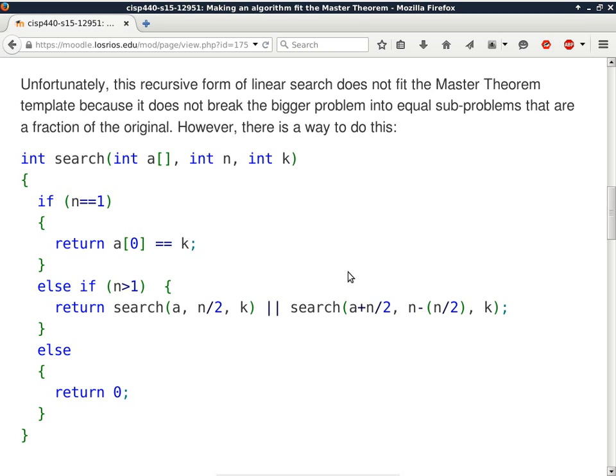All right, so this one will work. Okay, so we have 2 base cases here. The first base case is when n equals 1. If I give you an array with only 1 element, the answer of whether that element matches k or not is easy to answer. I just compare the first element, which is the only element in this array, with k, and whatever the answer is is the right answer. The other base case is the else statement here.